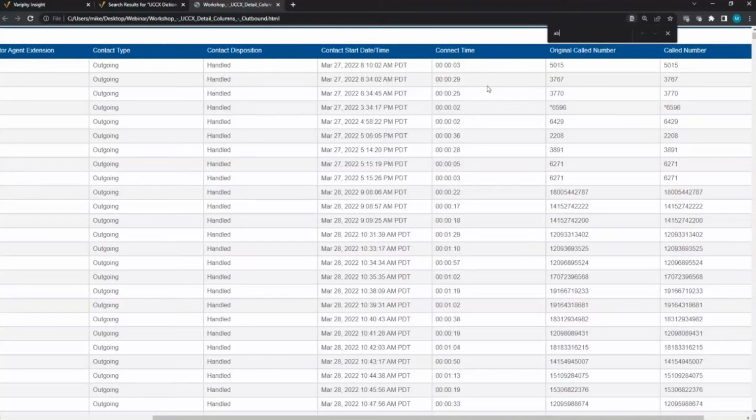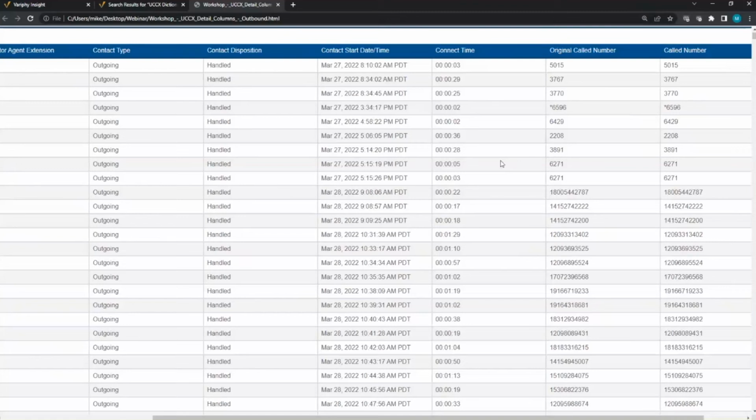So if I find one, you can have an abandoned call. Maybe I don't have any in this report, or maybe it's just a very large report. But if a call is abandoned, you can still have connect time. I ran into that with a customer. We learned that the hard way, where if a call is ringing, that counts as connect time. So if it's an outbound call and you're waiting for it to connect, it rings, rings, rings, they hang up. The call is an outbound abandoned call. It can still have connect time.